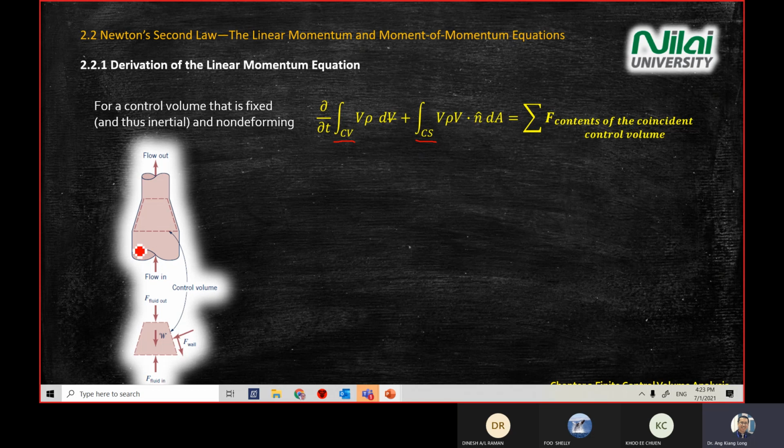So let's look at the diagram on the right-hand side of your screen. You have the flow coming from below and going up, so you have flow in and flow out. Then you draw the control volume, the area that we're interested in. Then you enlarge it and look at what is happening inside the control volume. If you look at the free body diagram on the lower left corner of your screen, you will see